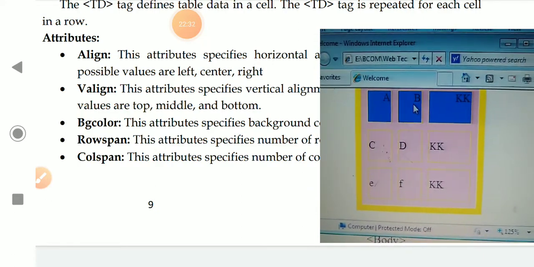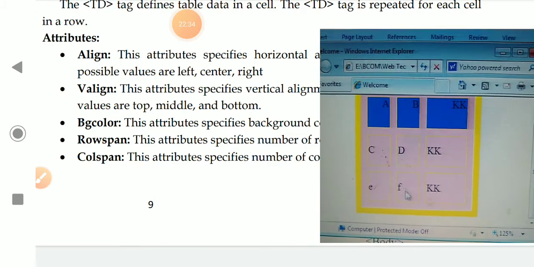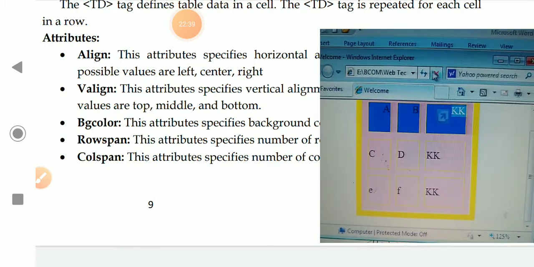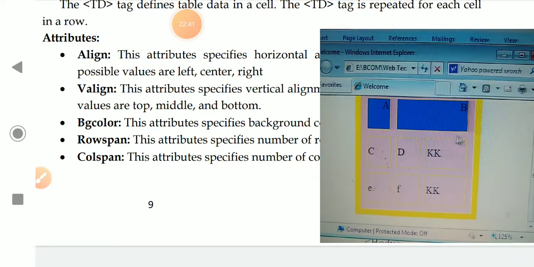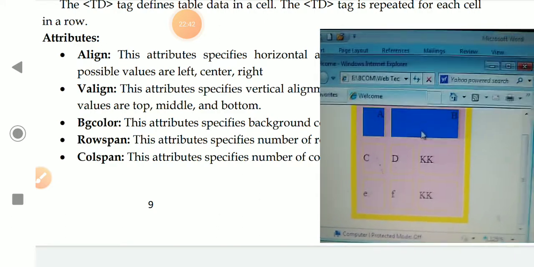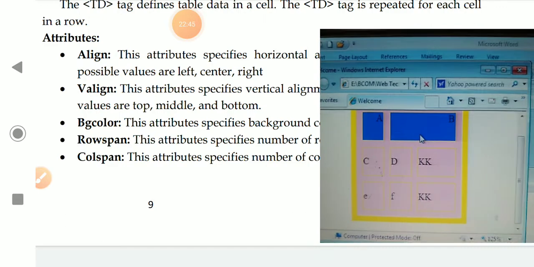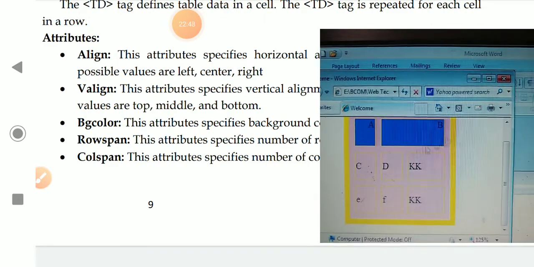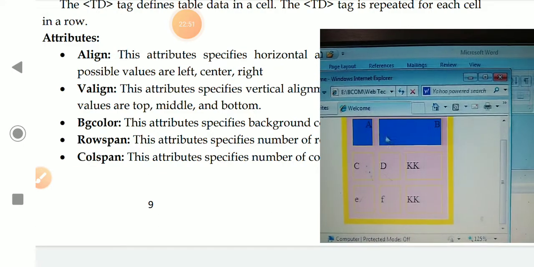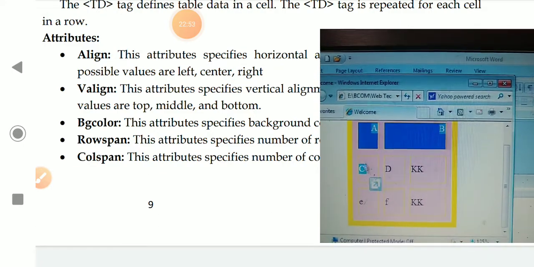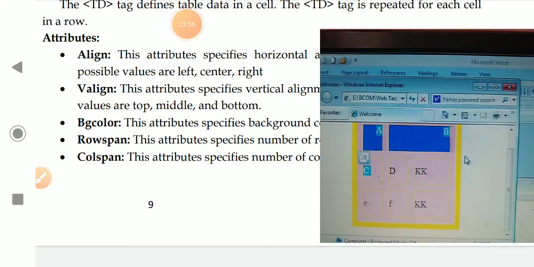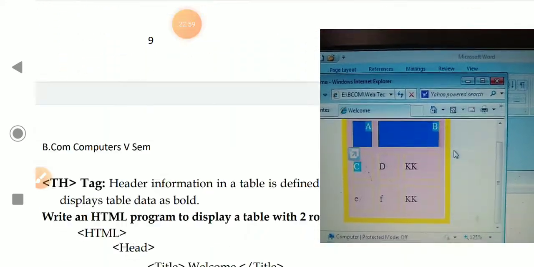Use colspan on the second cell, b. Then what happens? This cell and this cell are merged. See, both are merged. This is called the span attributes. The span attribute colspan merges the columns. Rowspan merges the rows. These are the rowspan and colspan attributes of the td tag.